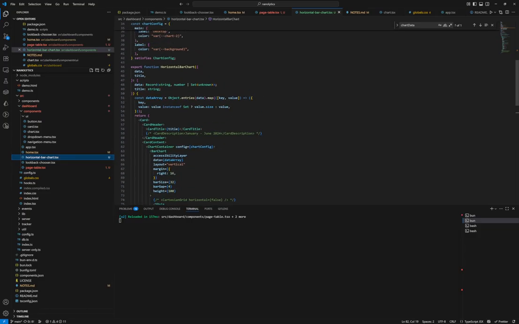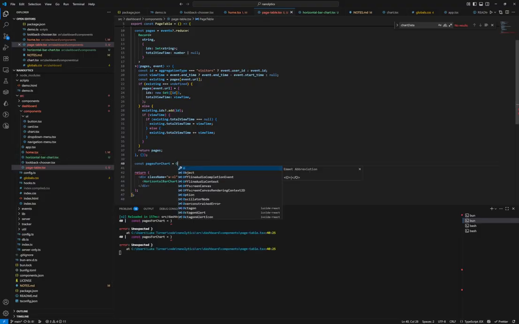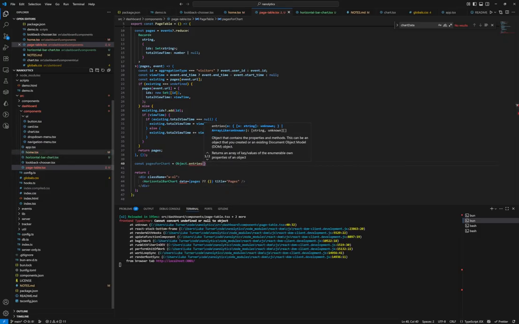Is that a terrible idea? It probably is, because we're going to need to reuse this a lot. So let's start without that. So if we do Object.entries pages